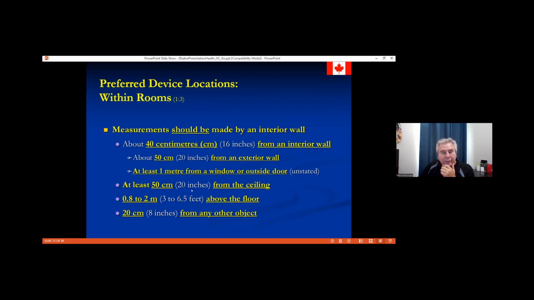Now going back here to 3 to 6.5 feet above the floor, that's what we call the breathing zone. So if you're standing up, you're breathing air between 5 to 6 feet. If you're sitting down, probably 4.5 feet. If you're lying down, maybe around 3 feet. So that's what we call the breathing zone. So I always tell people, from the height of your knees to the top of your head, in that area, that gives a good indicator.